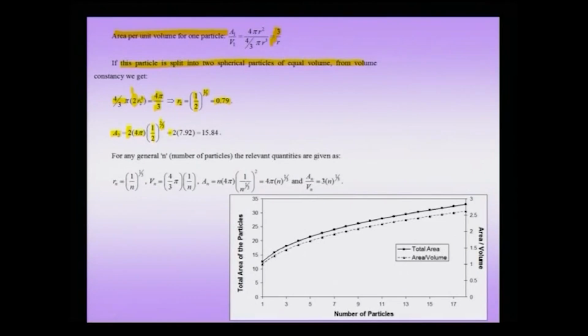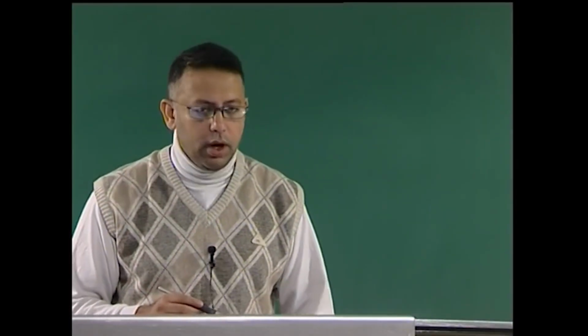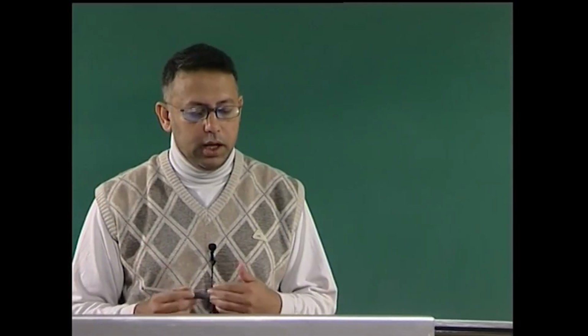Therefore, I get 2 into 7.92, which is 15.84. So, I got 15.84 as the area in the second stage. Now, I would like to do this truncation repeatedly, and therefore, I would like a formula for any number n,